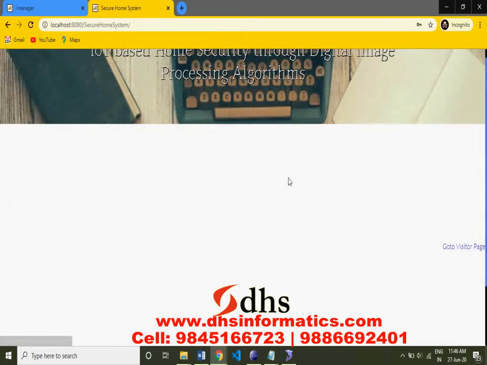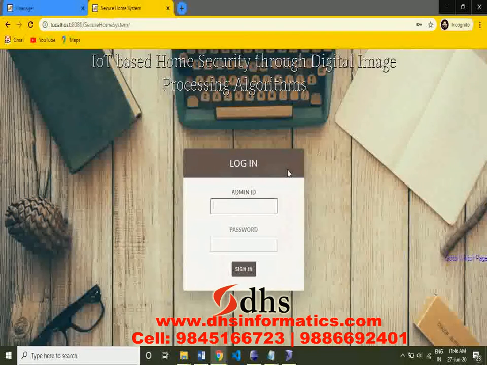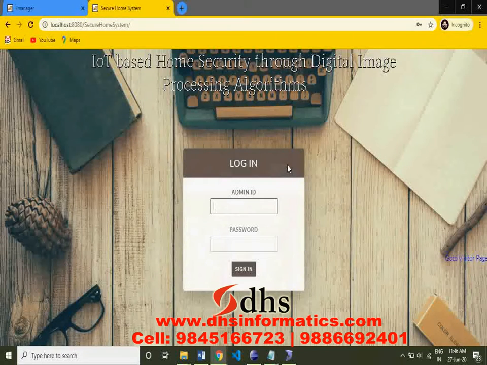So this is all about the web application, and in the same manner we have one more Android application also. In the Android application the admin can log in, and he can allow or disallow the person who is entering into the house.